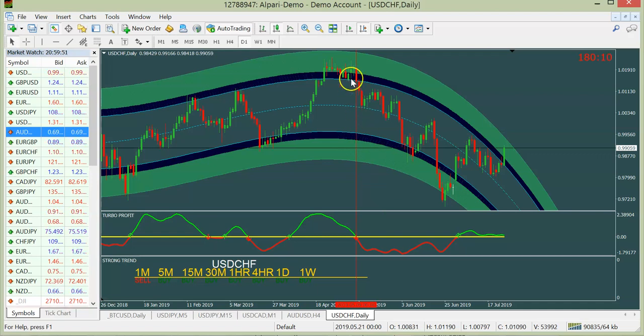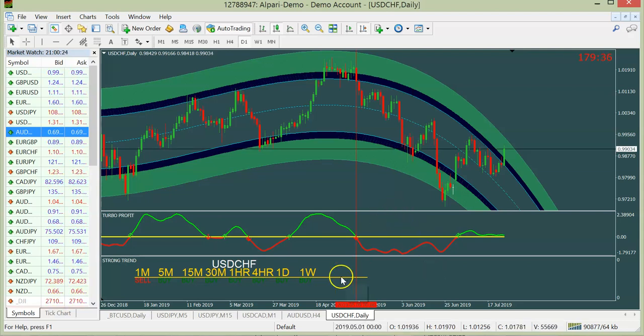The price must be or was in overbought or oversold zone. This is this blue, or better, green zones. So here, in the moment when we get this arrow, the price is, you see, deeply in the green zone. This is the overbought zone. So this is the second thing we need, and the third thing